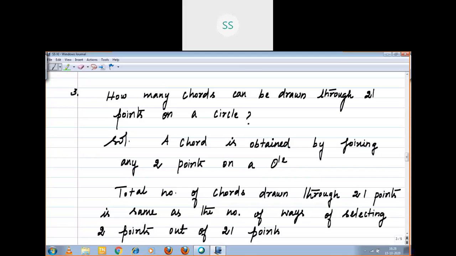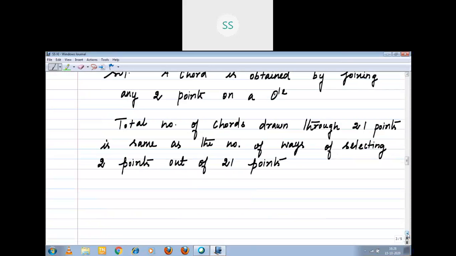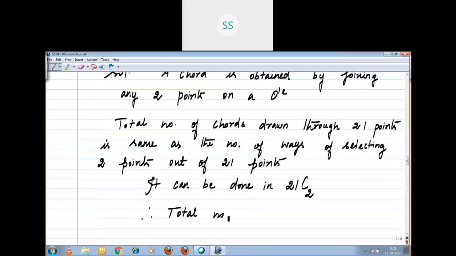Out of 21 points, so it can be done in how many ways? It can be done in 21C2. Therefore, total number of chords equal to